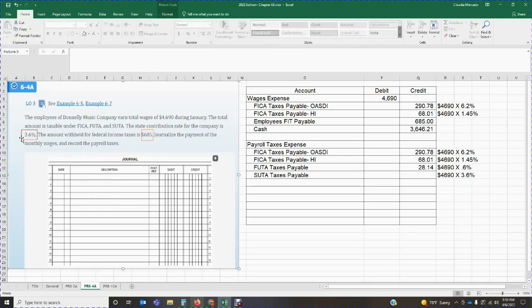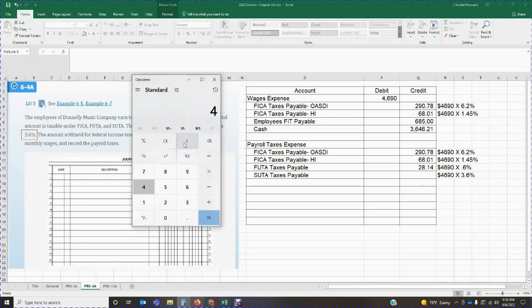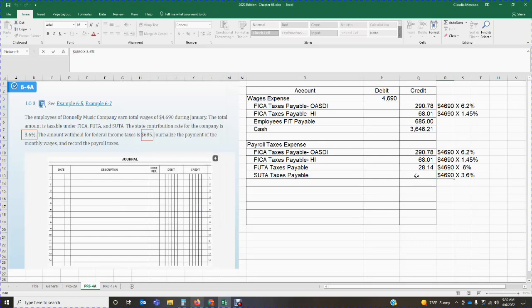In this case, in this problem, it is 3.6%. So I've got 46.90 times 3.6%, and that gives me 168.84. Okay. I'm sorry about that. 168.84. Okay. So these are the 4 taxes that the employers have to pay: FICA OASDI, FICA HI, FUTA, and